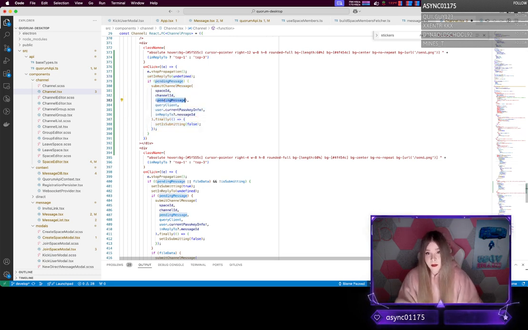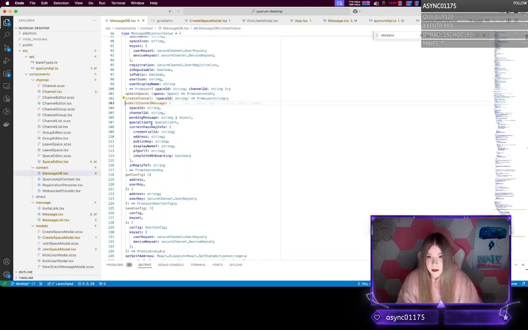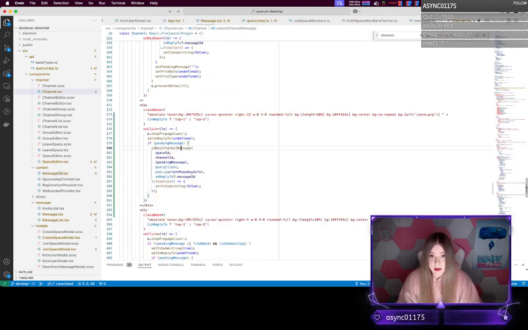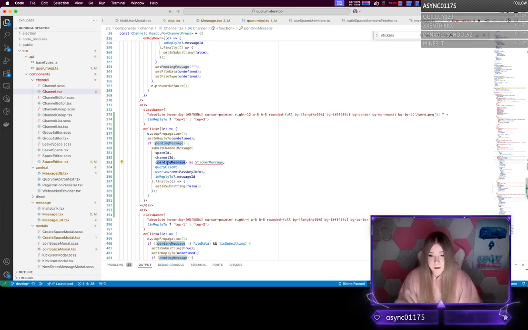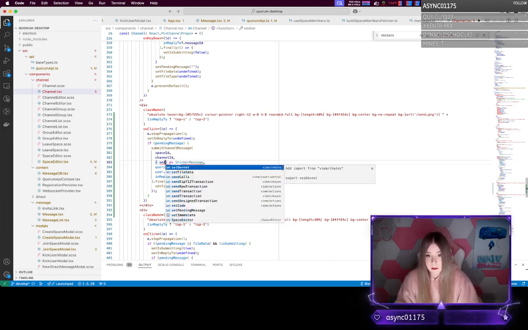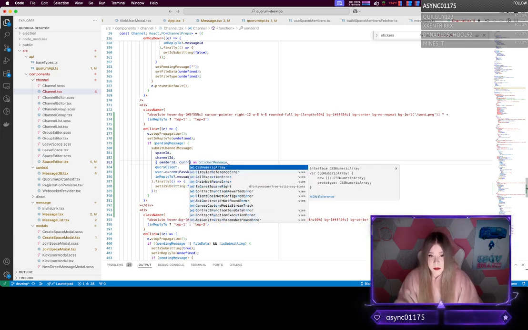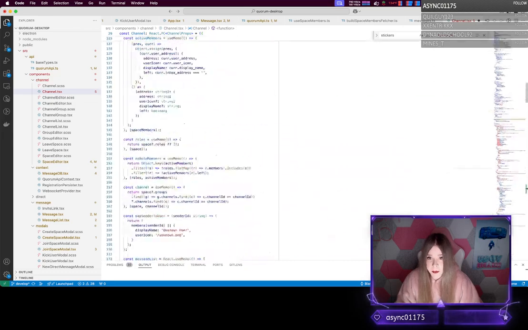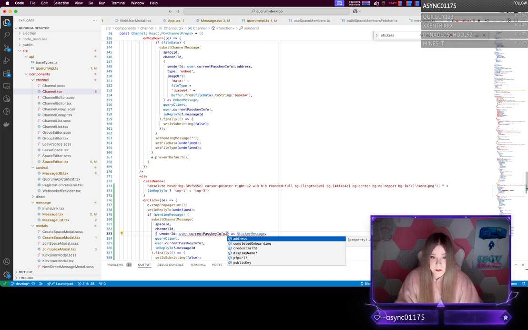Okay, and so in here we'll submit the channel message, and this is going to be, let me make sure that we have the appropriate, should just be, yeah, okay, it's checking to see if it's on. Okay, cool. So here we're going to set this to sticker message. And this will be the current pass, whoops, current. Do I not have it that way? Oh, user. Okay. Sender ID, the,